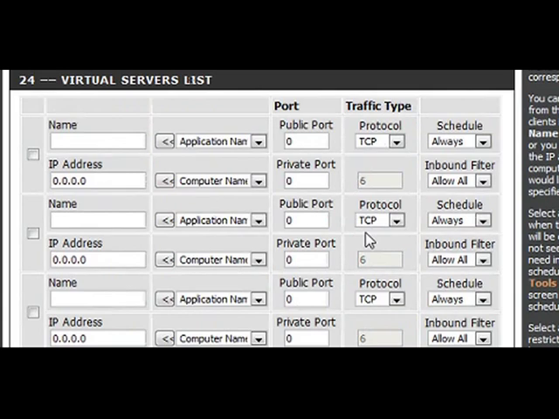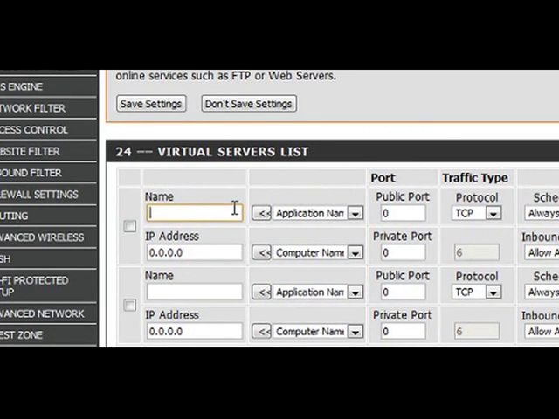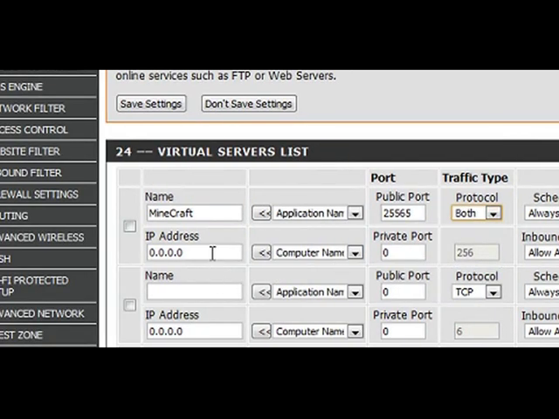Now, if you have an older router, it won't look like this. I'll show what that looks like in a minute. If you have a newer one, just type in the name Minecraft. This is just for your reference. Then in the public port, type 25565. The protocol, you want both. And private port,